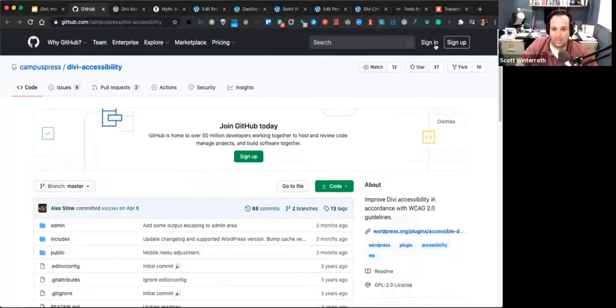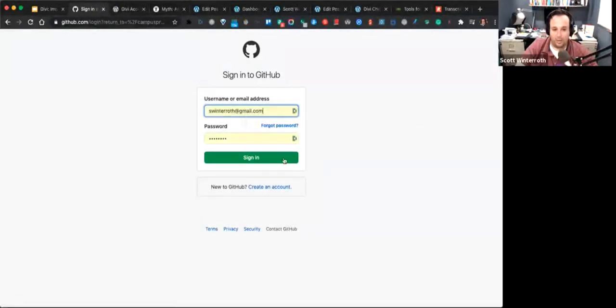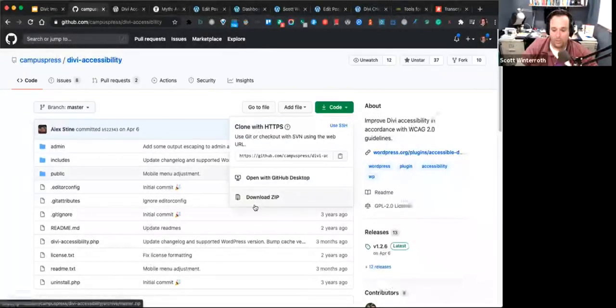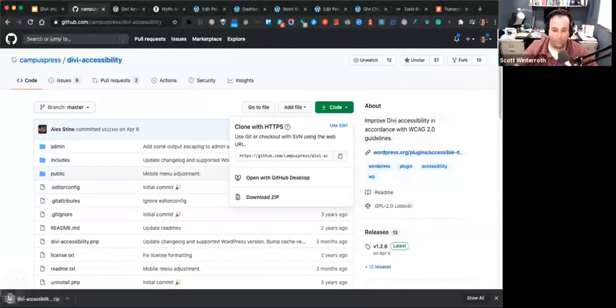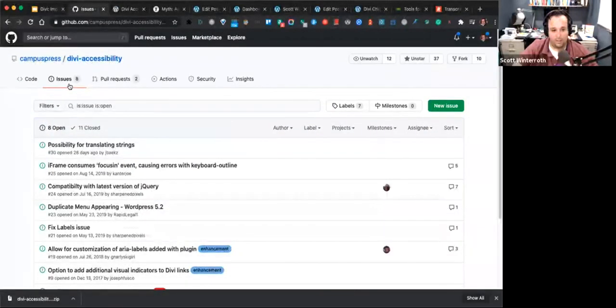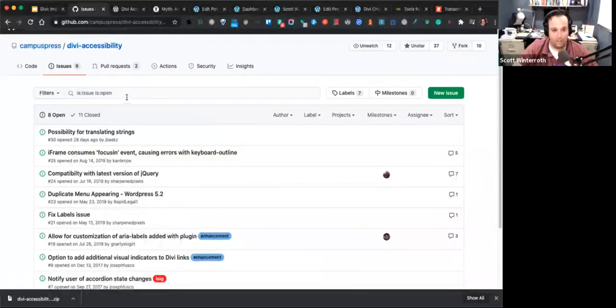So if you sign in to GitHub, you can literally download the code in a zip file right here, download a zip. And then once it's on your desktop, you can upload it into your WordPress plugins like you would upload any other third-party plugin into your website. And on here, you can follow along with what's going on. So actually, I think they put into, let's see here,